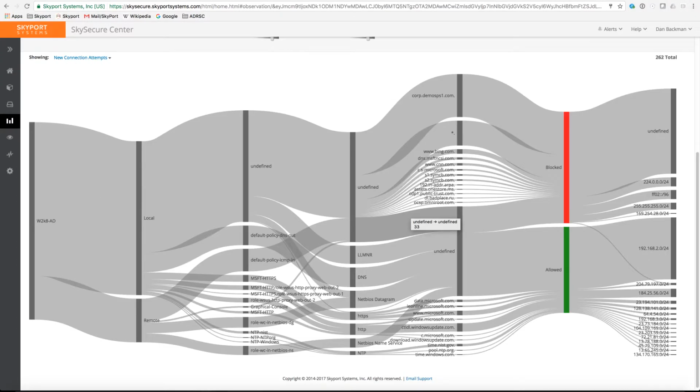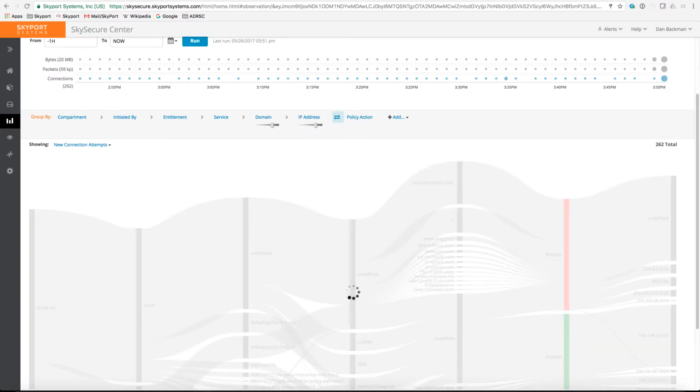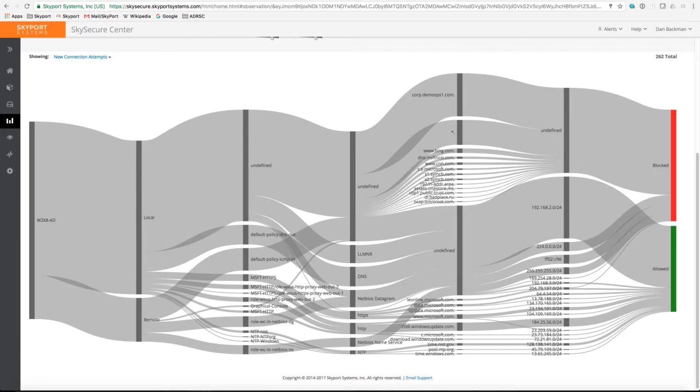What Sky Secure also allows you to do is get visibility into the actual DNS FQDN used to create a flow. This is something that's highly unique inside the Sky Secure system. In fact, when we see traffic to a public address, in this case, if we look at the last entry here for 13.65.254.0, what this is actually showing you is this is a public address, and the reason why we're going there is because it originally did a lookup for time.windows.com, and it's an NTP flow, and it was allowed by policy. In fact, we can even tie it directly to the direct policy that allowed that traffic. This is a level of visibility and forensics that's built inside the system.